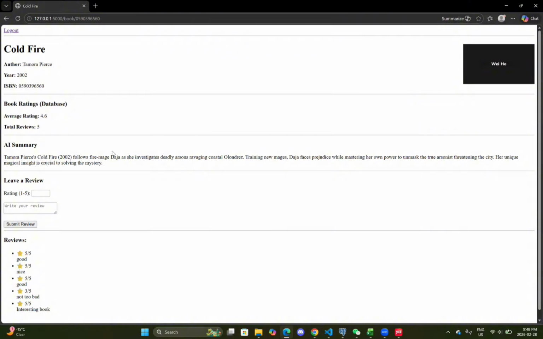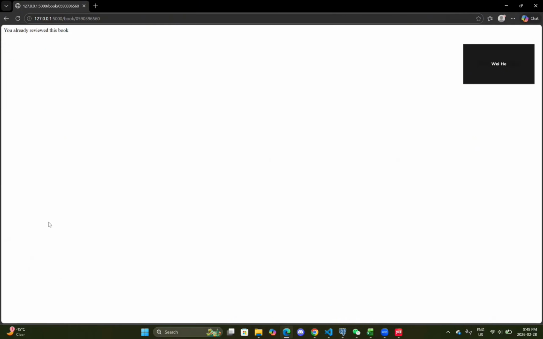So I also implemented validation to prevent duplicate reviews. When a user submits a review, the system checks whether that user has already reviewed the same book. For example, as you can see, there already exist some reviews under the book code file. So if I want to submit a review again, let's give it 5 out of 5 and say it's good and submit. You can see it fails. Another feature added is